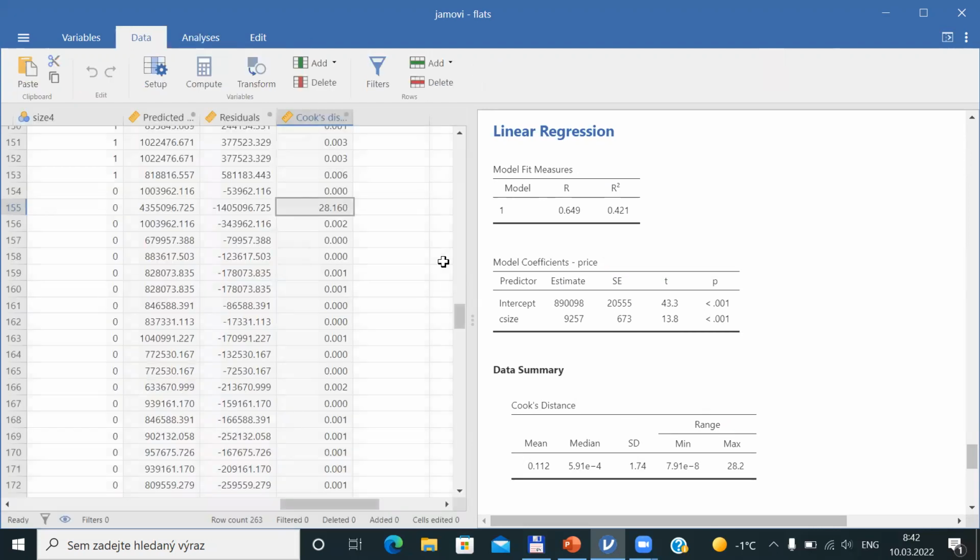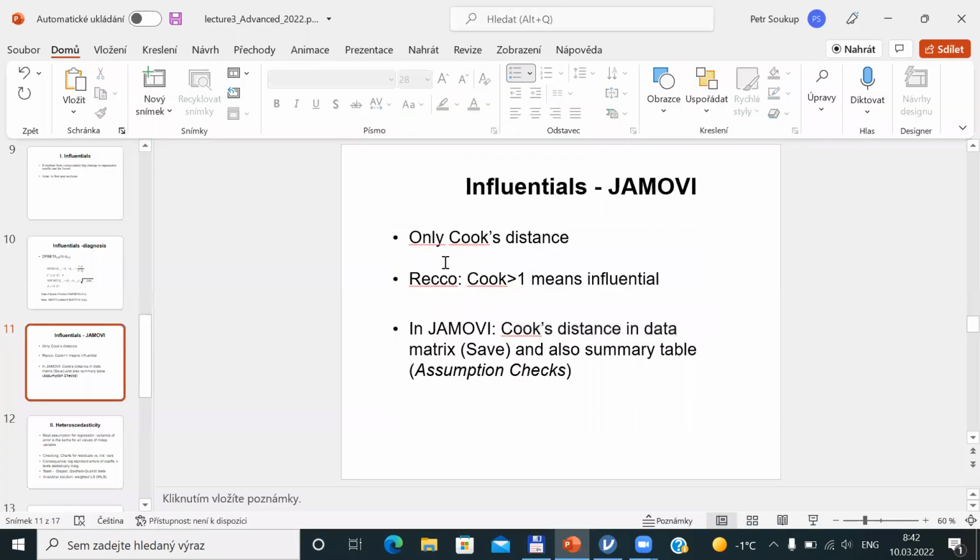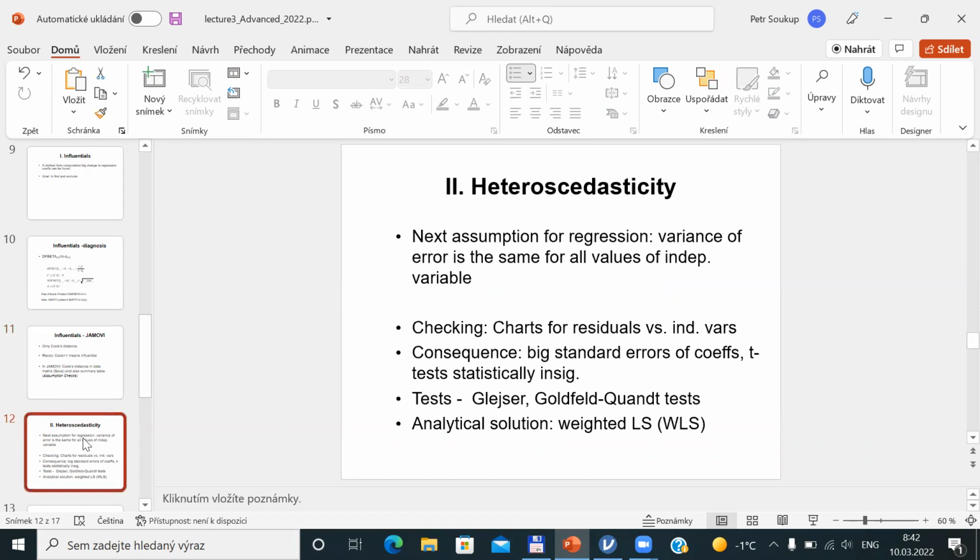So that's about influentials. We know about the consequences. Influentials usually change slopes, and the easiest tool is to omit influentials from the computation. Let's go to the second problem, which can be present and is quite often present in social science data, and it is called